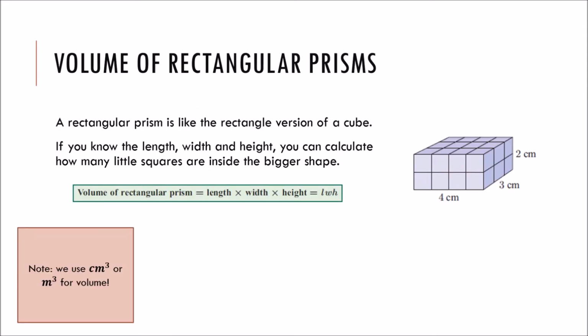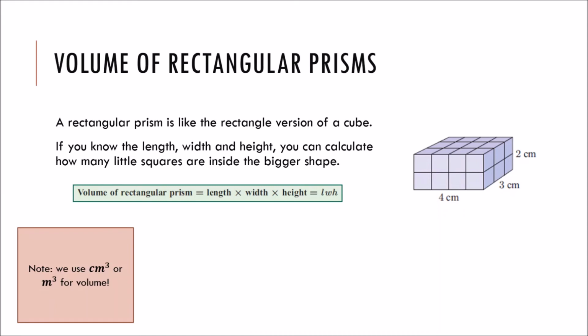So the volume of a rectangular prism, a rectangular prism is basically the rectangle version of a cube. So a cube, every side is the same length. Right, rectangular prism is you have a rectangle and it just gets extended backwards. Right, so if you know the length, width, and height, you can calculate how many little cubes are inside the